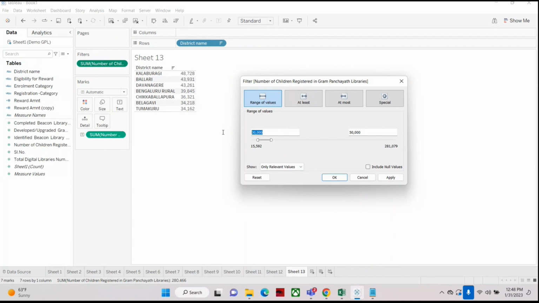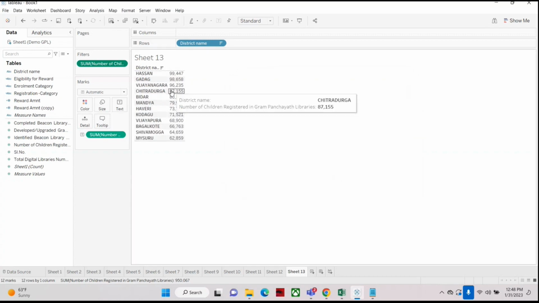So the value can be anything from 1 to 10 or 50 lakh, depending on the range we put. If you put 50 lakh and there is no end district, it will show nothing. So this is a range of values, meaning a starting point and an ending point. We may also want between 60 to 80,000, or 1 lakh. Okay, so these are the lists having